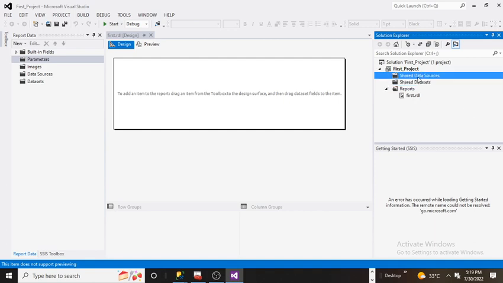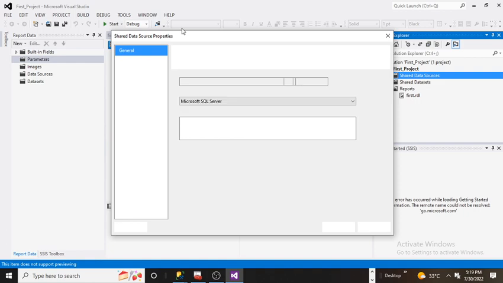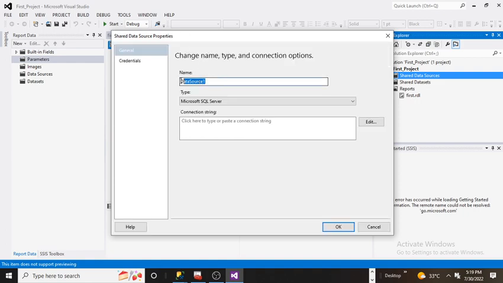So if you want to create the shared data sources, you need to right click, then click on add new data source. Then such a pop-up will appear here. Here you need to give a proper name. I am specifying first shared data source,